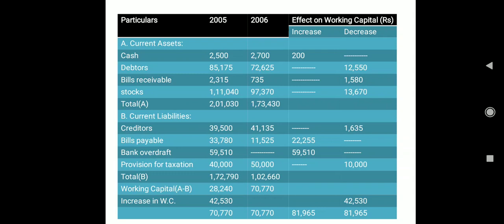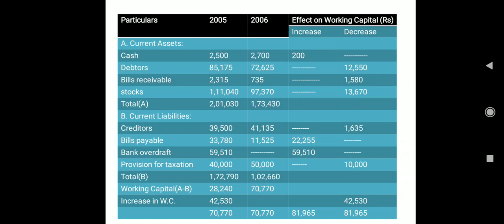If we check the question, on the liability side, the capital and liability side, we have the items share capital, that is not current. Profit and loss, that is also not current. Reserve, that is also not current. So what are the current? The creditors, bills payable, bank overdraft, and provision for tax. So these four items will appear under the heading current liabilities.